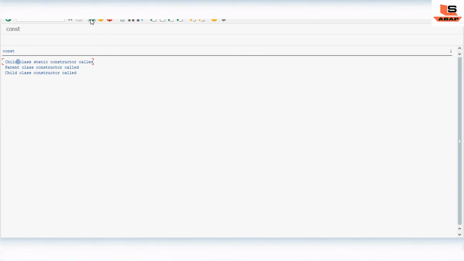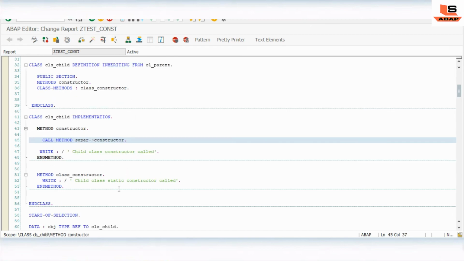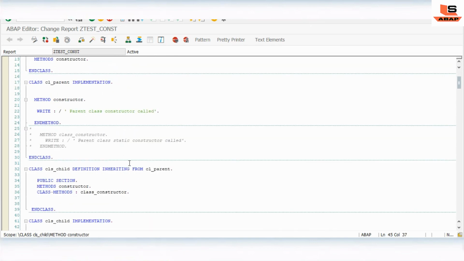So in this way we have seen how the subclass can inherit the constructor of the superclass, meaning the parent class. If you still want to learn more about how to inherit the constructor of the superclass or parent class, you may visit my website.